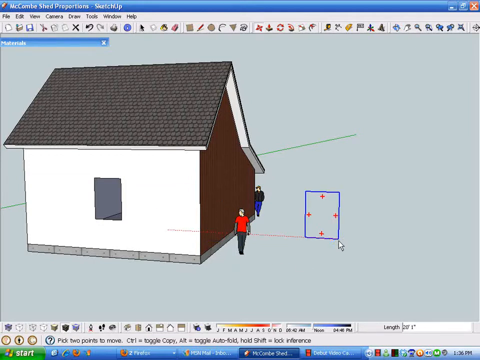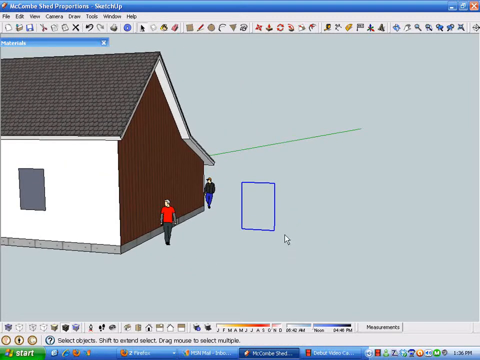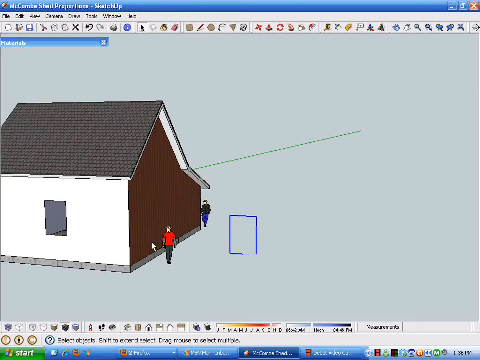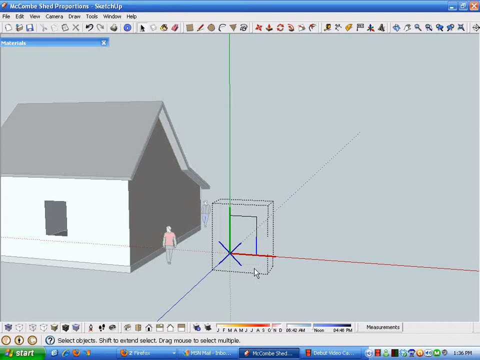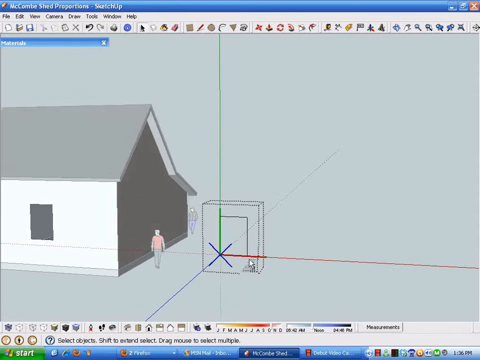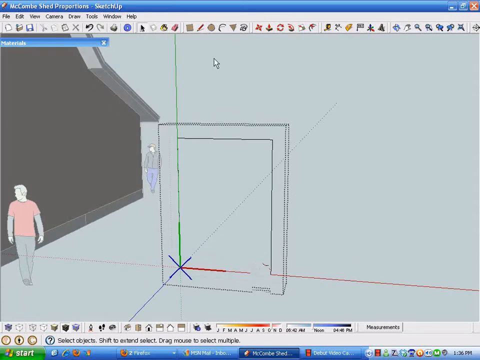This way we'll just have a component that we can work on over here, and the changes will take place on the one that's already in the shed. So I'm just going to double click to get into this. And knowing this is the window opening,